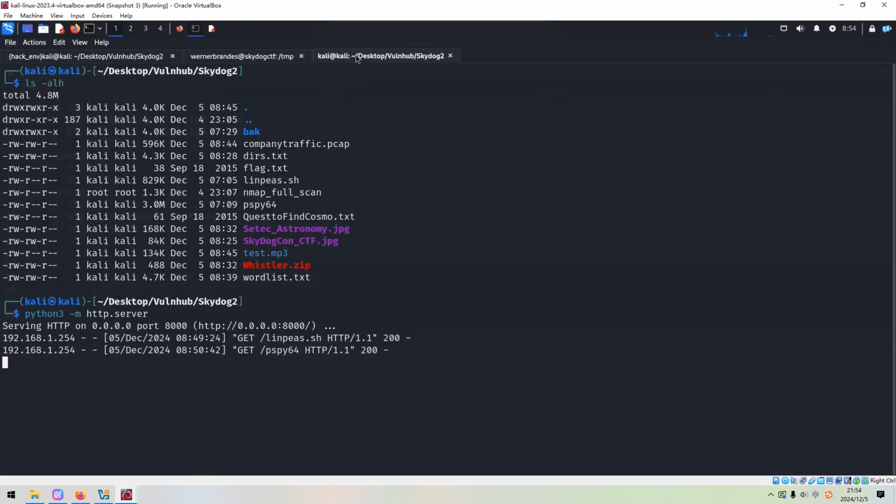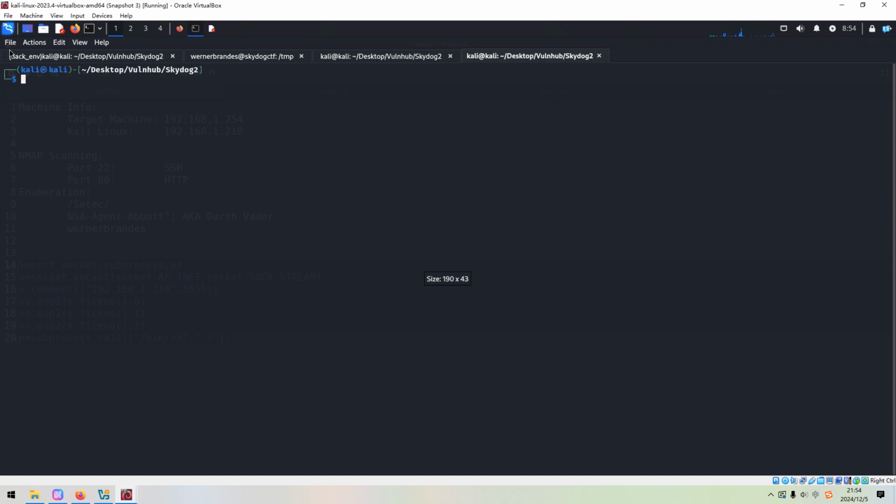Next, we need to set up another listener. Okay, press Enter. So now, this listener will wait for the connection from the target, and this connection would be triggered by the job, and this job is executed regularly by root user, because we have already put our Python reverse shell code into this script.